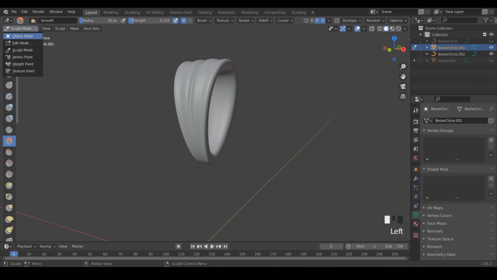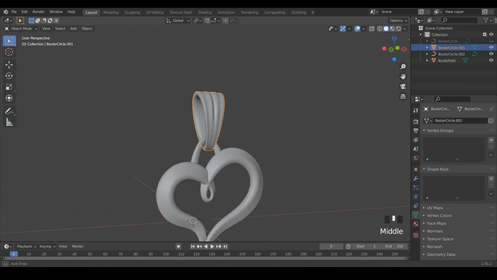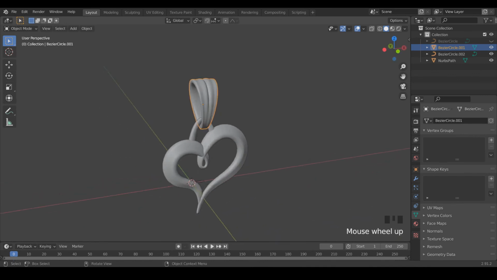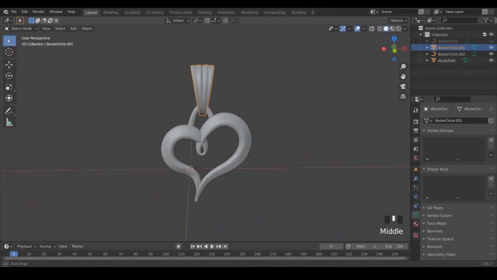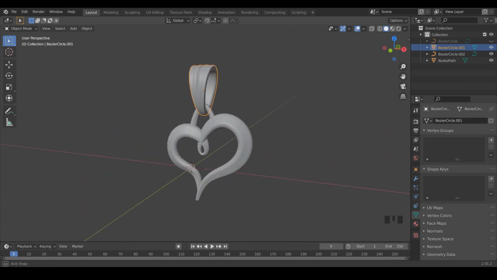So as I said earlier, I'm going to try casting this design in 2 separate pieces, and I'm not sure yet if I'm going to use castable resin or if I'm going to try to make a mold for this piece. But either way, that'll be for a future video.